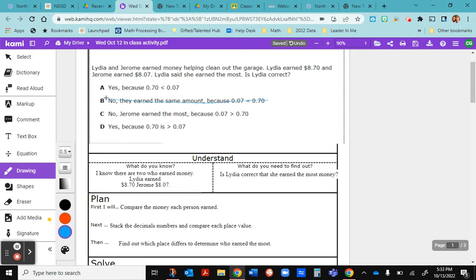Look at the other one. It says no, Jerome earned the most. Really? We said no, he did not. So I'm going to cross that out. Now I'm going to look at the two yeses. Is Lydia correct? Yes, but